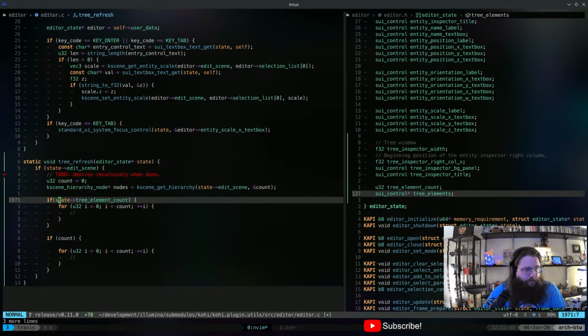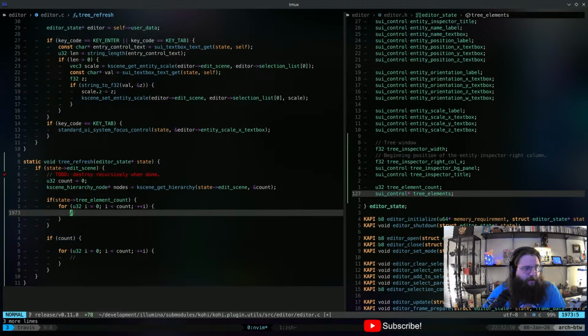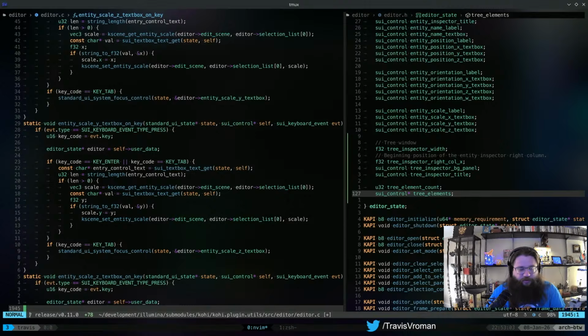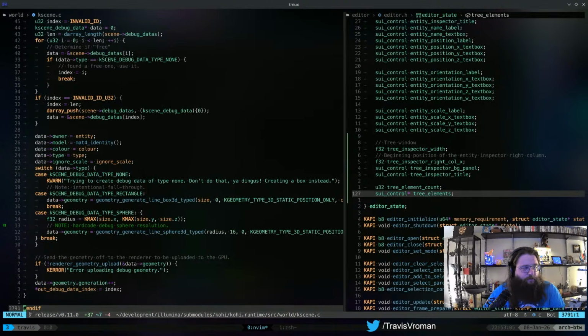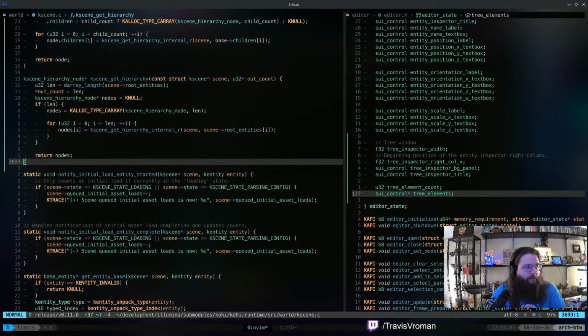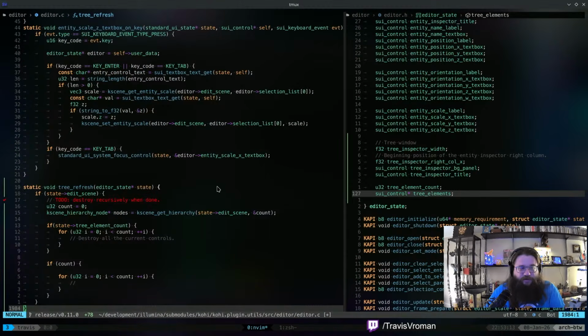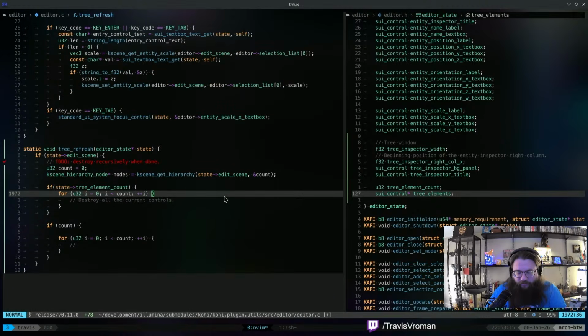And we're going to do a destroy all the current controls, right? Because when we're refreshing this, we're going to do it the sort of naive way and just destroy everything and recreate it every time we refresh.